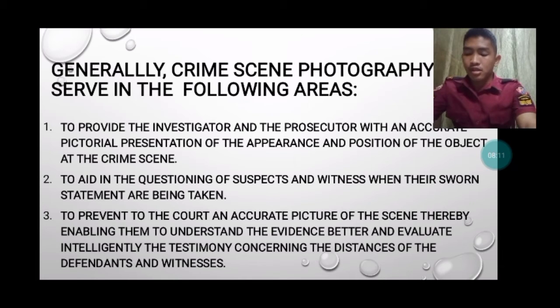Take note that photography is a means of visual communication, basically a more universal way of conveying a message or idea than spoken or written words. The aim or goal is to record maximum information in a series of photographs which will enable a viewer to understand where and how the crime was committed.